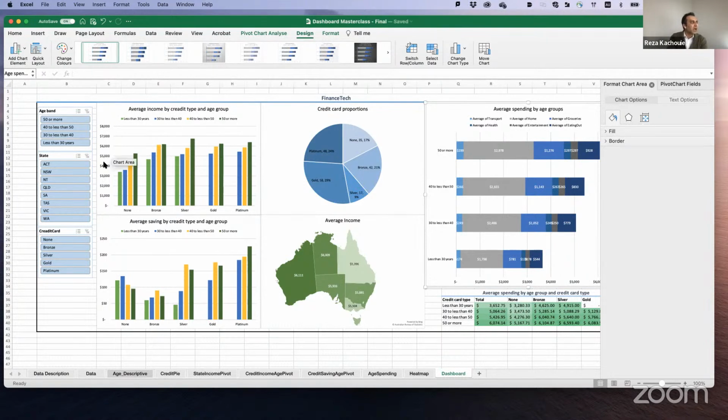So if I had average income and average saving here, it would be very useful. It makes it easier for people to understand what's going on. So it is better to have labels for axes. For the horizontal axis in this one, I don't know how useful it is, but it depends on you.